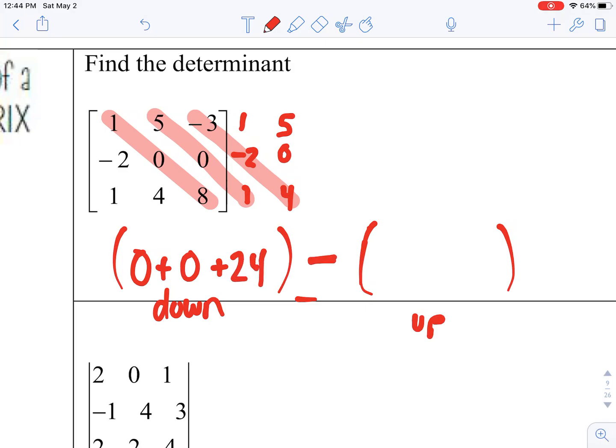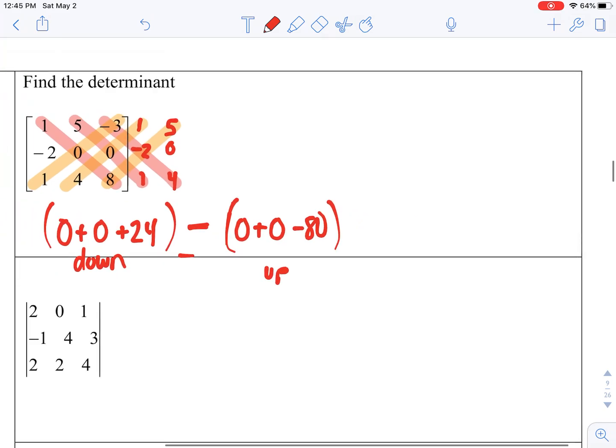Then we're going to minus, and I'm going to start with my ups. -1 times 0 times -3 is 0. Then my next one, 4 times 0 times 1 is 0. And then 8 times -2 times 5 is -80. Simplifying, we get 24 minus a -80, which is